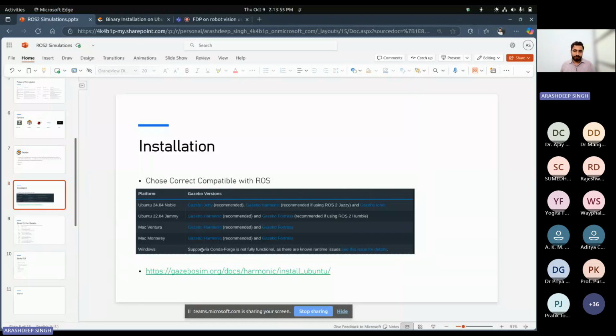So we need to choose the right version, as there was ROS 1. Similarly, there was Gazebo Classic, which has reached end of life and is not available to use now. Then after Gazebo Classic, there was Gazebo Ignition for some time. Now only Gazebo is available, and if you are going to start with Gazebo, I recommend you install Gazebo Harmonic, even if you are using ROS 2 Humble and